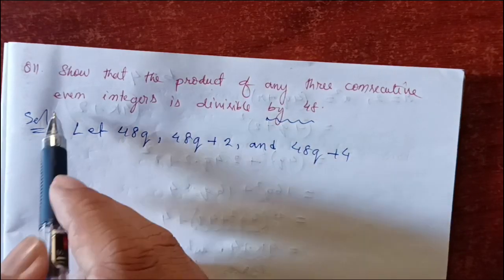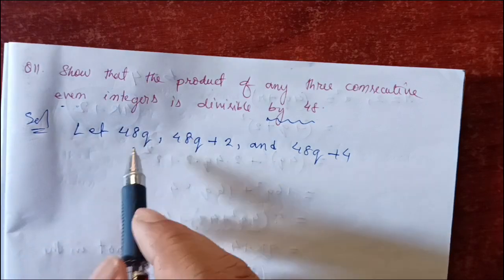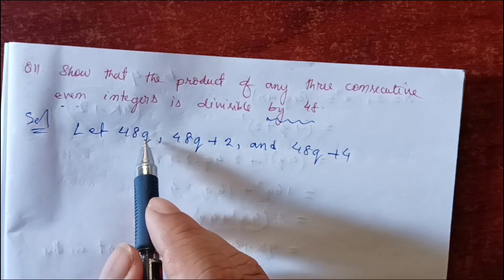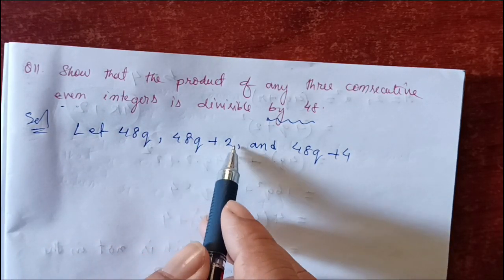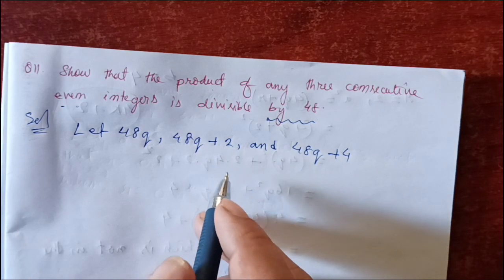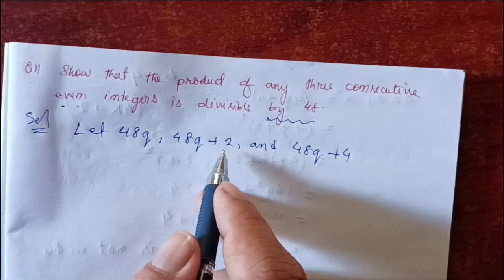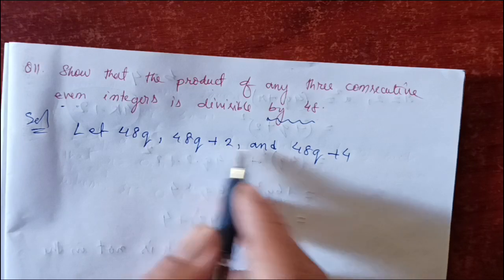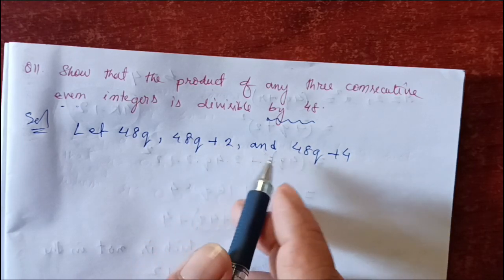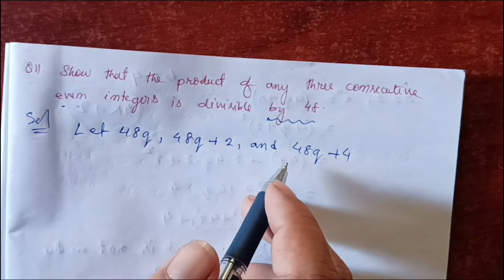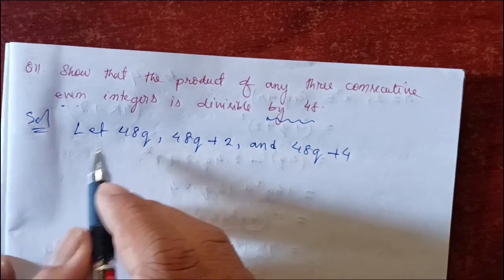Why? Because the question says even. Alright, okay, then 48q, then 48q plus 2. So we are taking the even numbers only. 2 is even number, 4 is even number, 1 is not an even number, and 3 is not a even number. So let